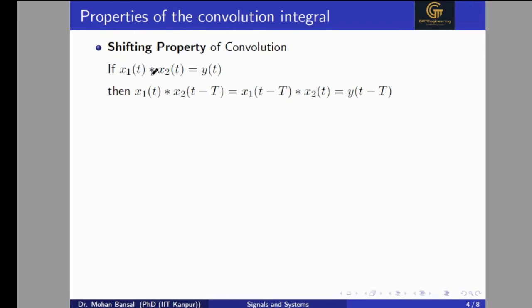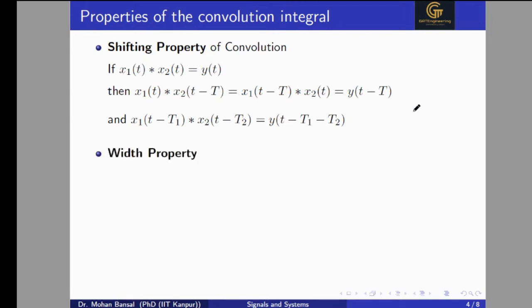Now, the next property is the shifting property of convolution. If we have the convolution of signals x1(t) and x2(t), we are getting y(t). If we shift the input signal by some amount capital T, the same amount of shifting will be reflected in the output y(t). So if the signal is x1(t) convolution x2(t minus T), or x1(t minus T) convolution with x2(t), we will get y(t minus T). If we shift both the signals by some amount, like x1 shifted by t1 and x2 shifted by t2, we will get y(t minus t1 minus t2).